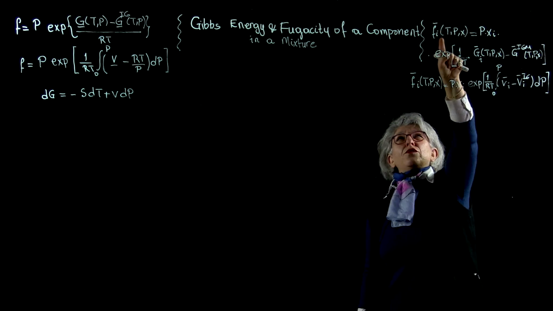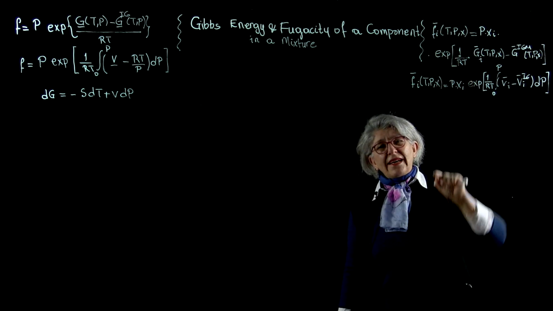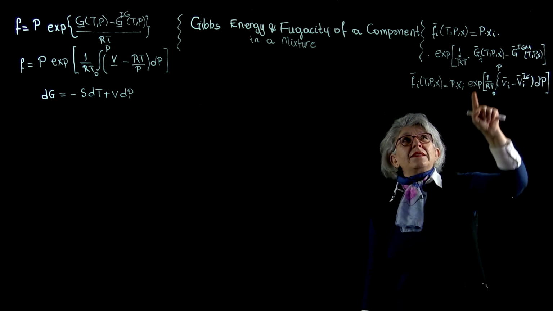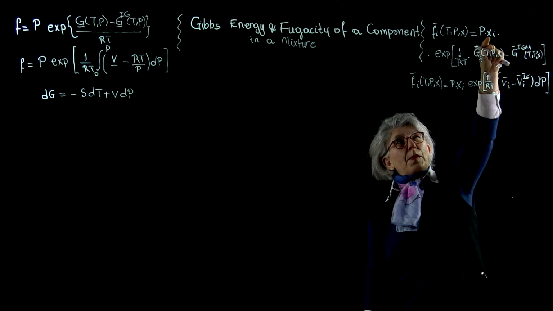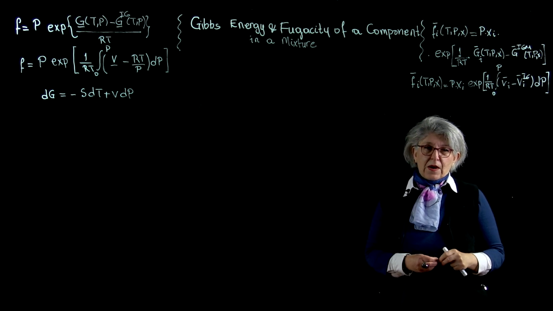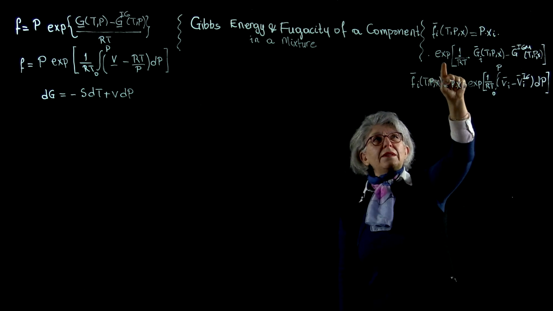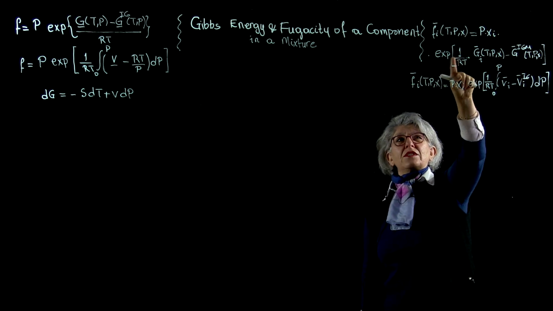So the fugacity of this component in a mixture under that temperature, that pressure, and that composition is pressure multiplied by the mole fraction of that component in that mixture multiplied by the exponential